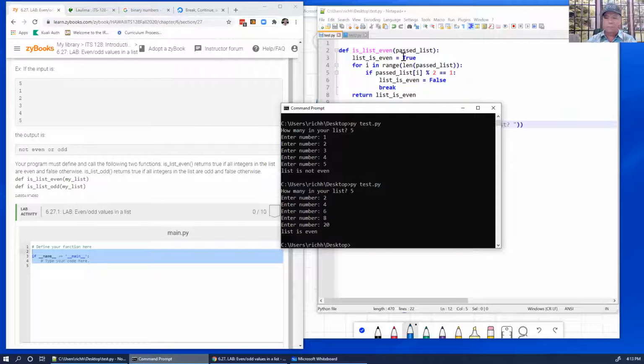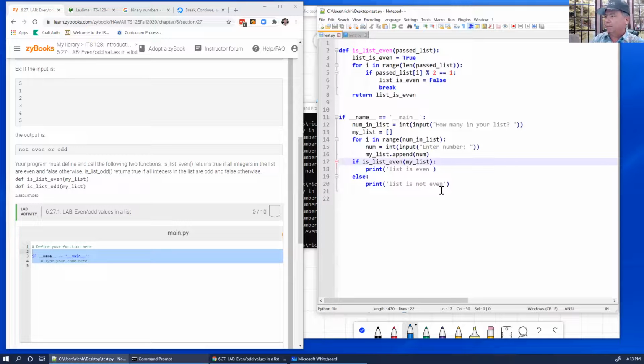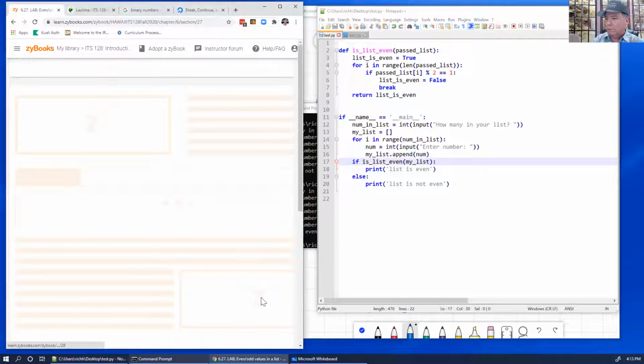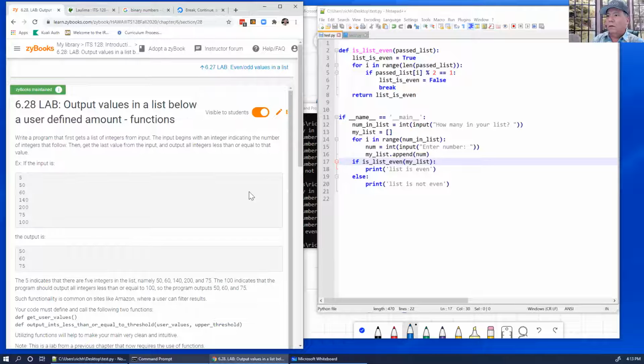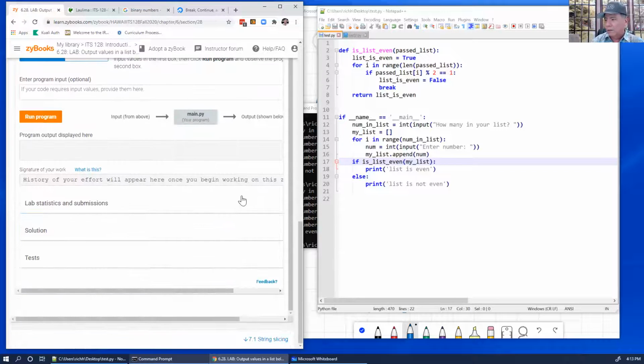So anyway, that's that. Okay, so you should be able to figure out how to do the rest of this problem. All right, what's next? Output values in a list below a user-defined amount function. Okay, so, all right, great. What this one does